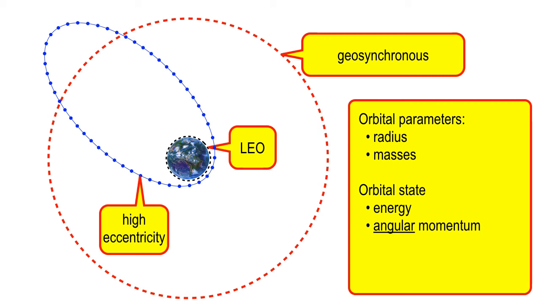But then the description of the orbital state can be described in terms of its energy state and something else called angular momentum. Those are the two things. So we don't need the regular momentum. We need the spinning momentum, the angular momentum, for a gravitational orbit. Right. So we're going to get into those concepts for the next 25 minutes.